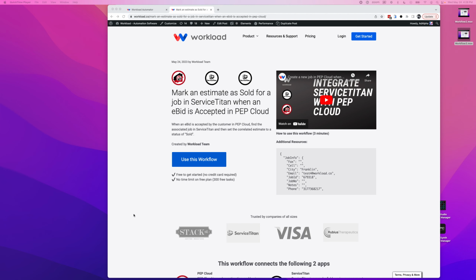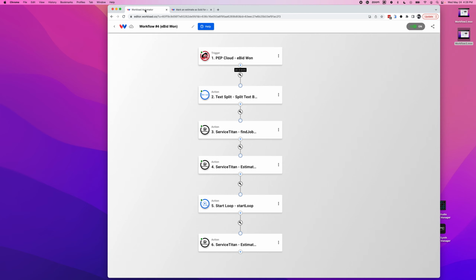I'm going to show you how to use a template from Workload, and this template will allow you to quickly set up an automated workflow to mark an estimate as sold for a job in ServiceTitan when the eBid is accepted in PEP Cloud. So in order to use this template, the first thing you're going to do is click on this blue button that says Use this workflow, and once you click on that, it will deploy this workflow